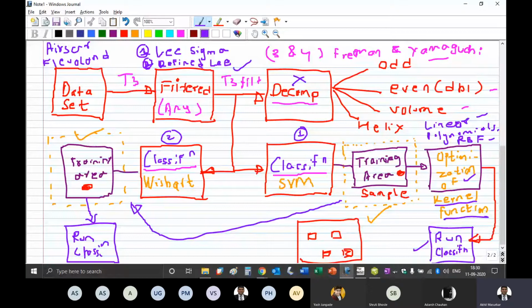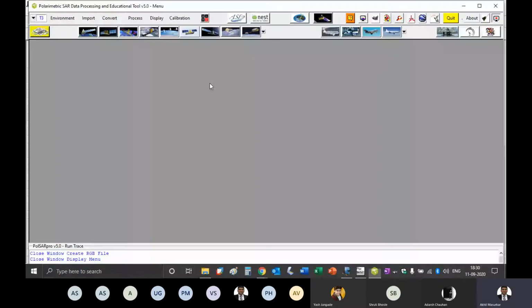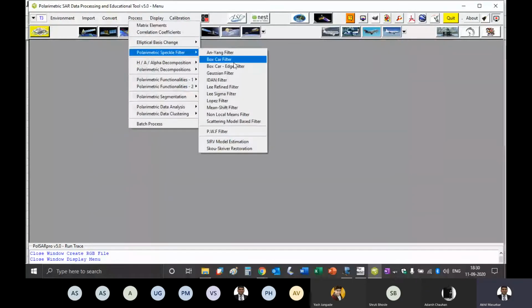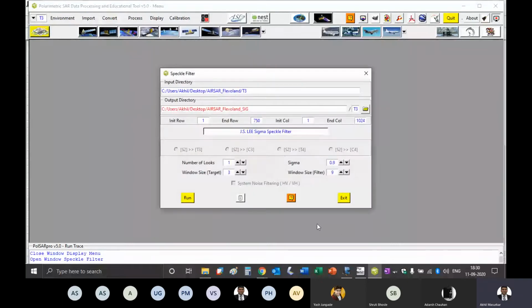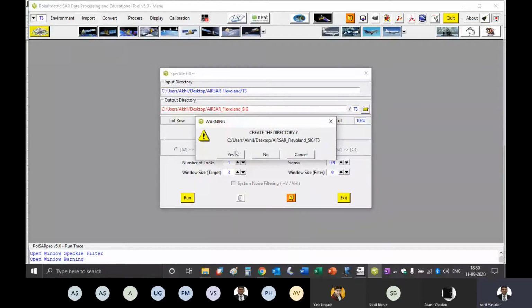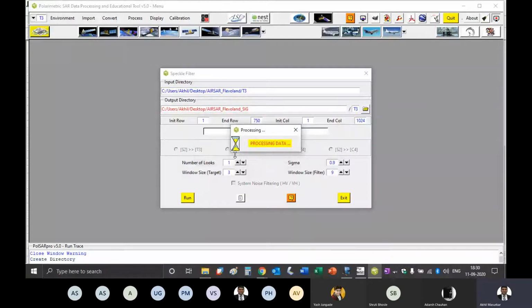The refined Lee filtering part you will do, Lee sigma part I will show you. So I am going to process, speckle filter, Lee sigma filter. You can leave the defaults whatever they are and just run it. Do you want to create the directory? Yes.